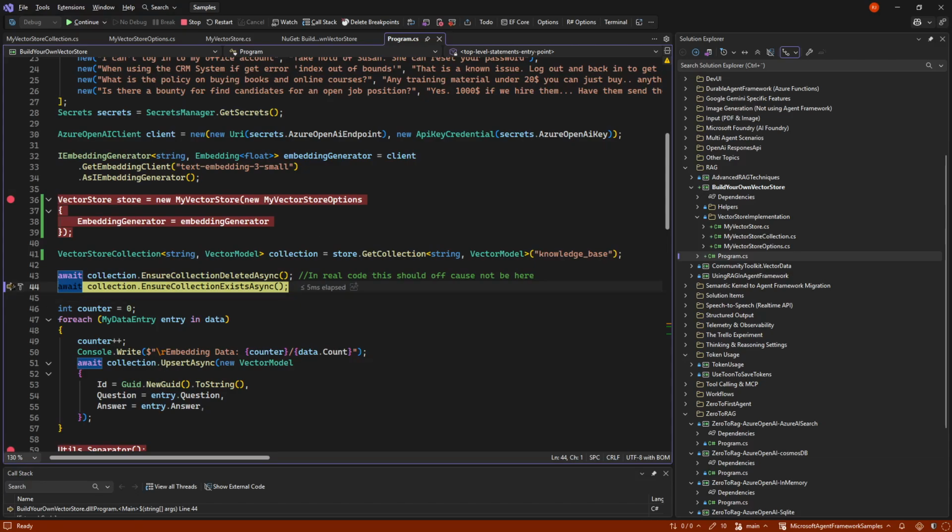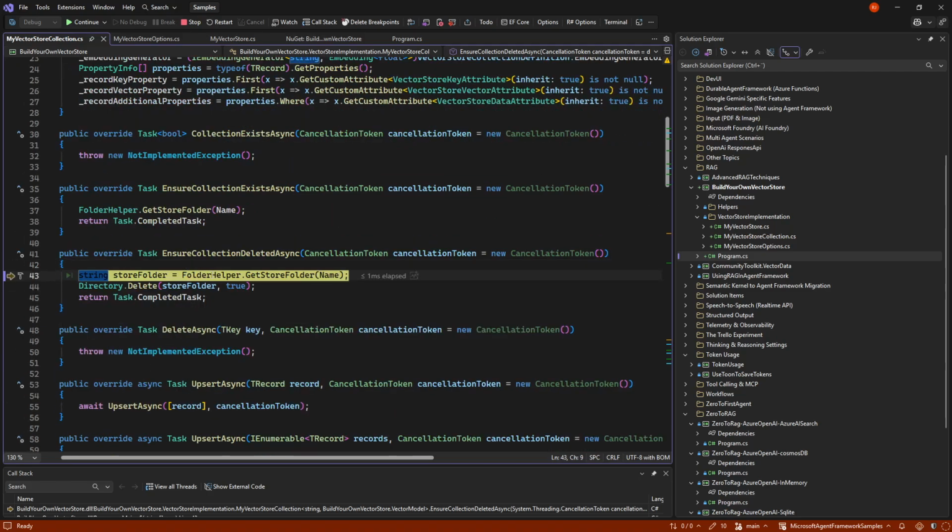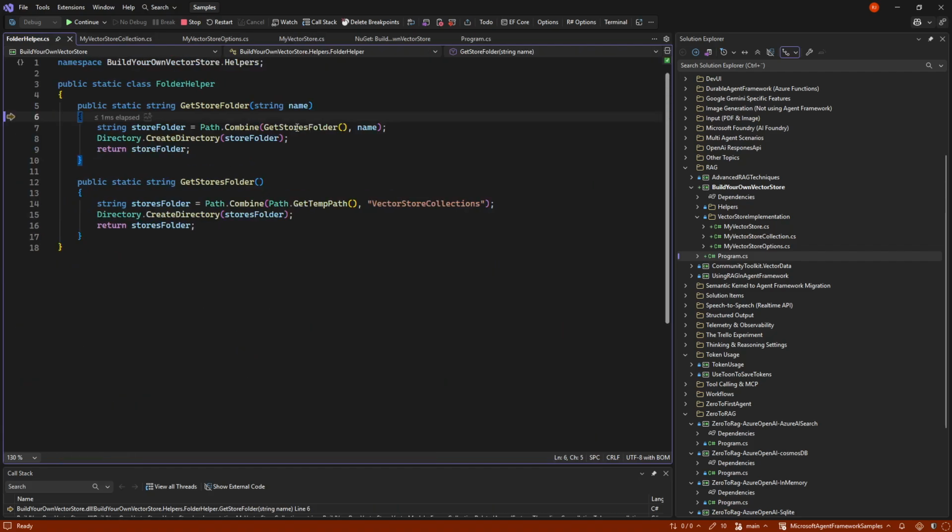What happens inside ensure deleted is I have a little folder helper to get my store, which takes the temp path, puts in a vector collection, creates that folder, and then it creates the store folder. My store folder is essentially just my temp folder slash vector store collection. But this could be whatever you wanted.